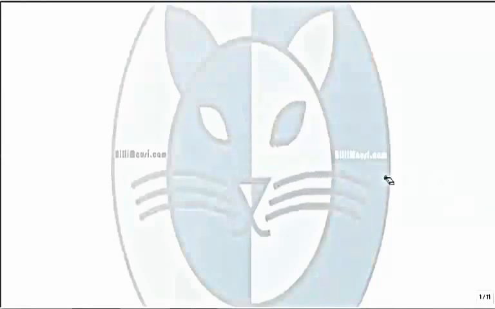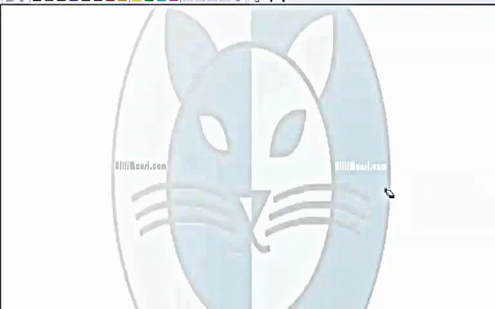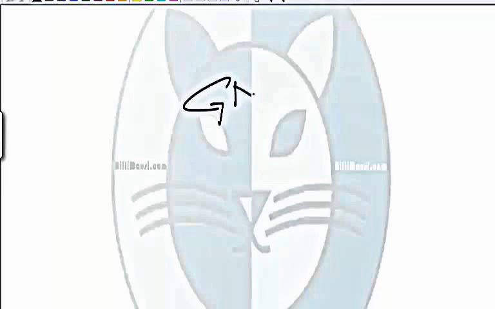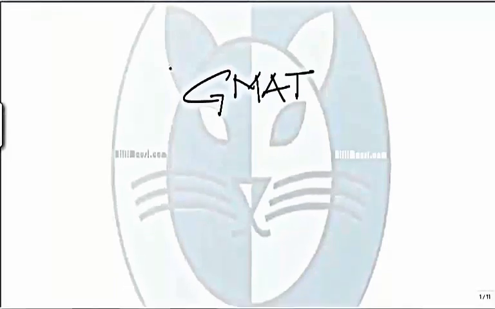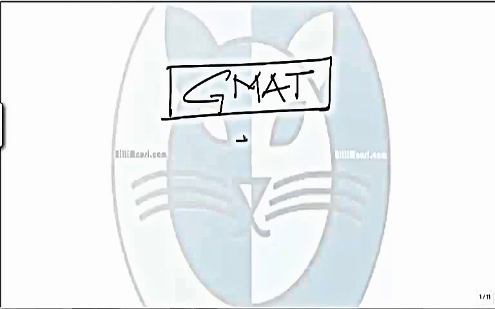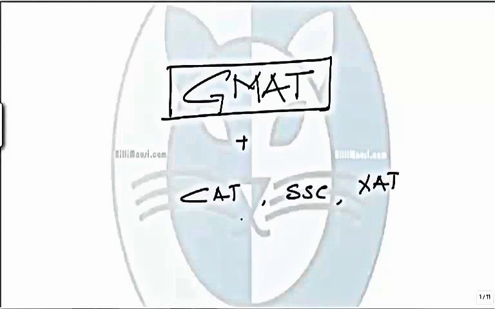What I have done in this entire course is that I have picked up the important notes from Longman, Raymond Murphy, Wren and Martin, and several others, and tried to come up with the best solution for the grammar section of English. This course has been made for the students of GMAT specifically, but will have additional modules for other competitive examinations like CAT, SSC, XAT, and other miscellaneous examinations.